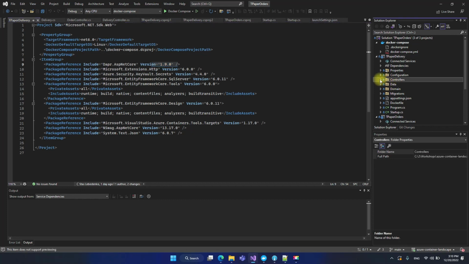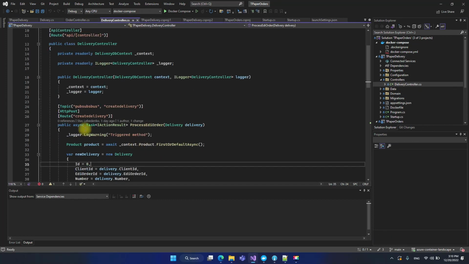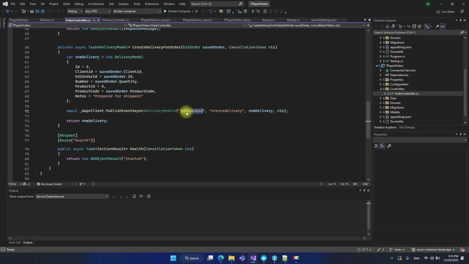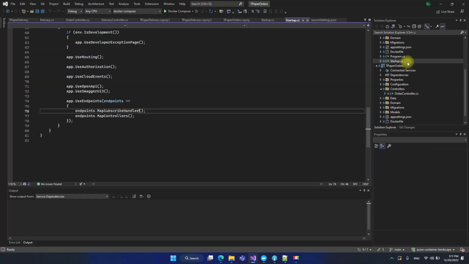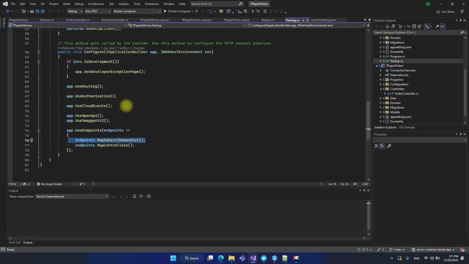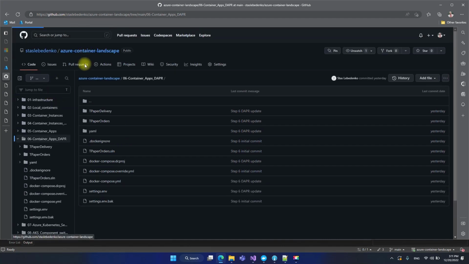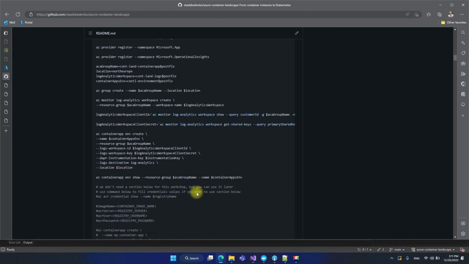With our controllers, we just use the name of the topic, pub/sub bus, and the create delivery method. And with the order controller, we call the same pub/sub bus and create delivery. So we publish an event async. There are changes inside the startup file, map subscribe handlers, and other changes that I mentioned inside the README file. So if you return here and